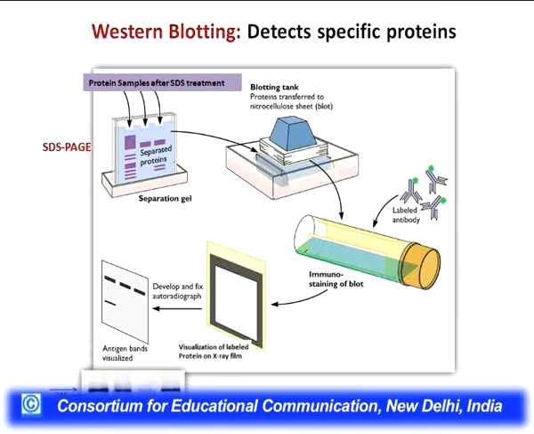If we look at the autoradiograph, there are specific black spots, which show that the specific protein of our interest, to which the antibodies were specific, is present in this sample. So Western blotting helped to detect the specific protein, and it is being actively used in most biotechnology and immunology based